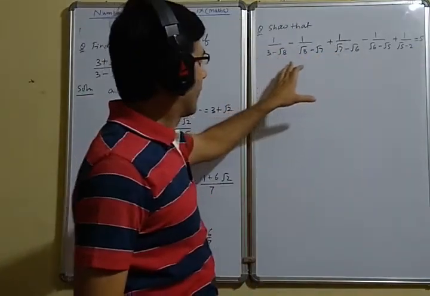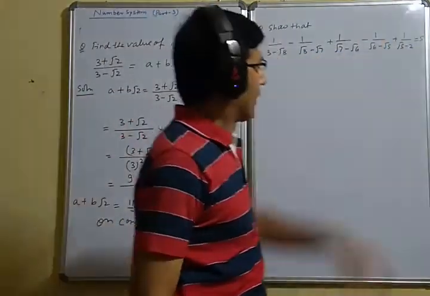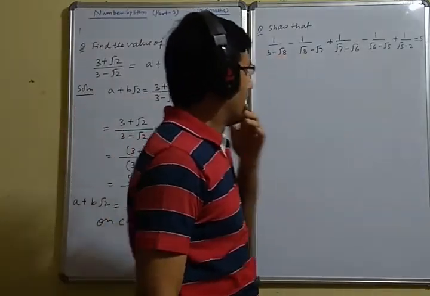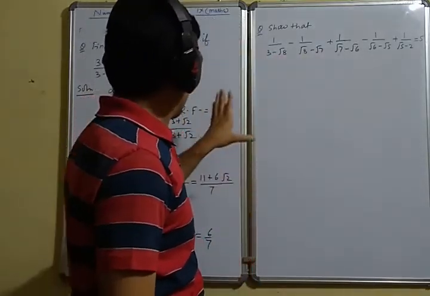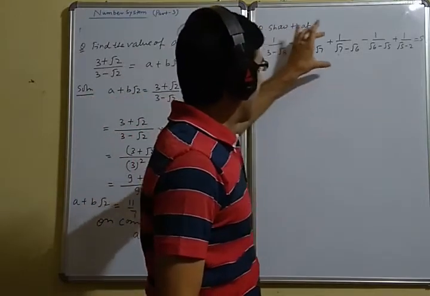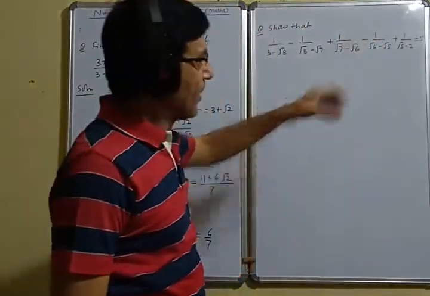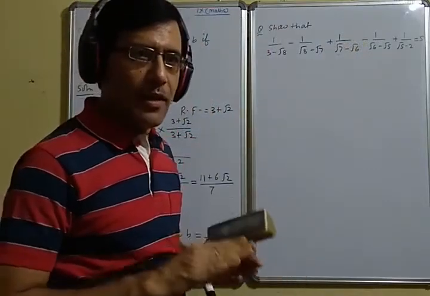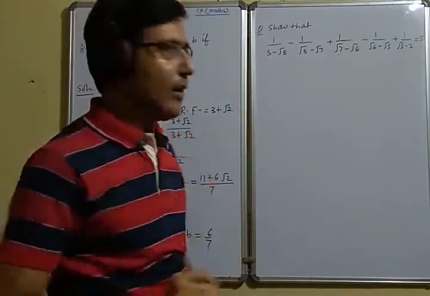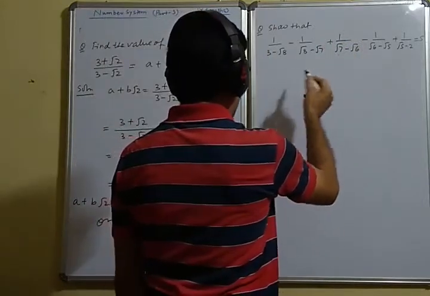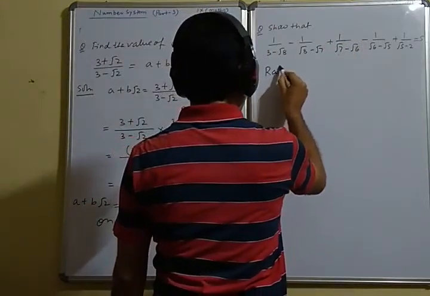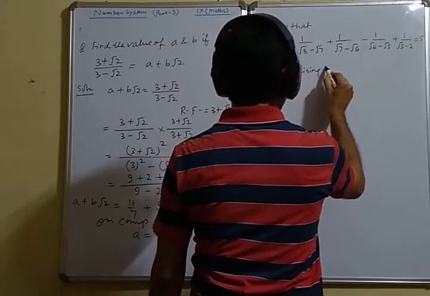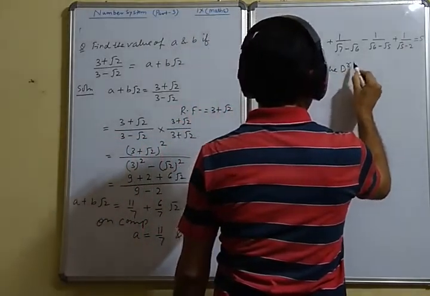So many irrational factors are there in the denominator. The denominator of each is different. So if we rationalize one by one, it will take more time. So for that question, we can write, rationalizing the denominator of all,